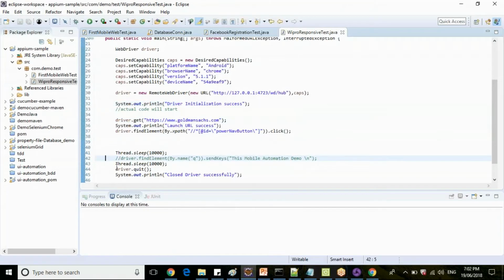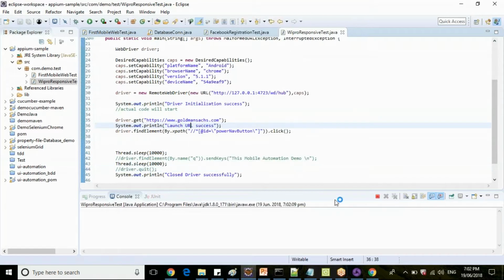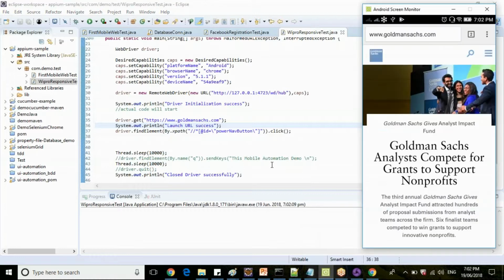Now let us execute this script. Let's say not to hit the driver. So let me show the mobile screen here.